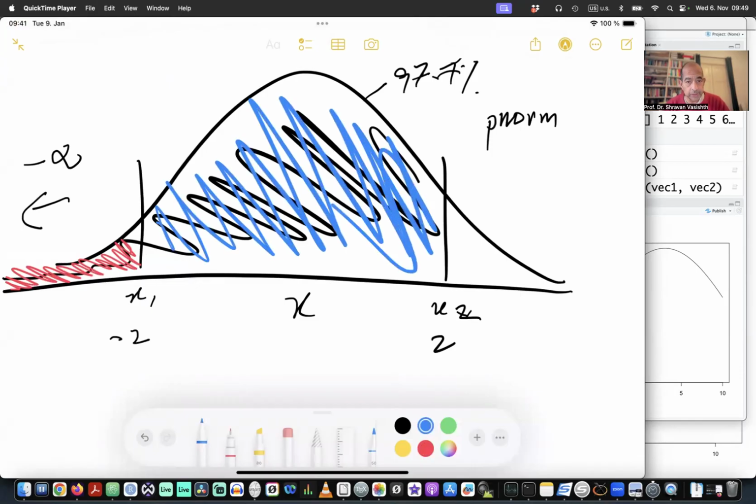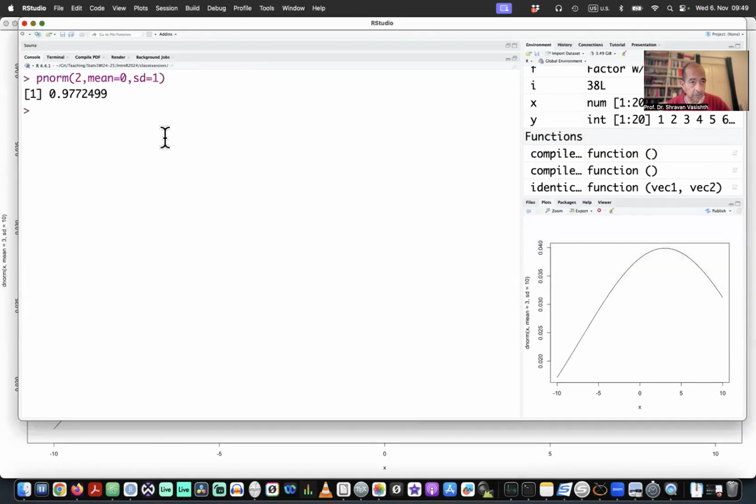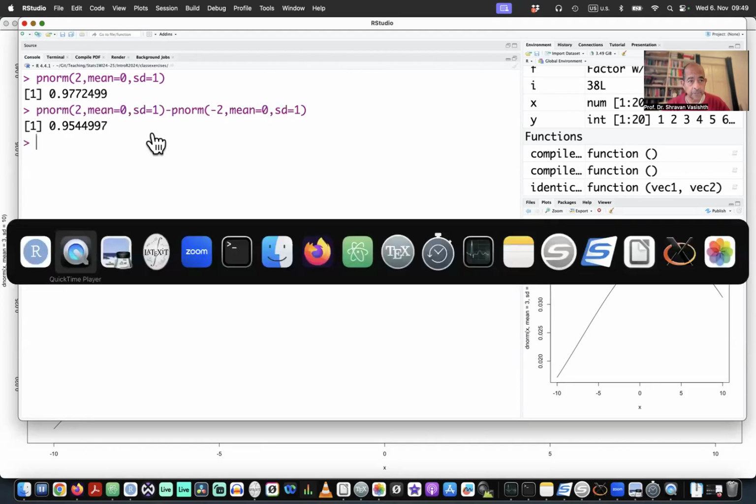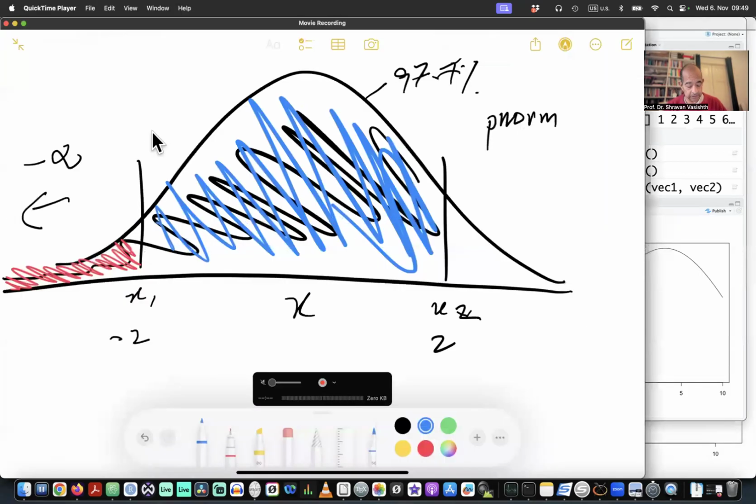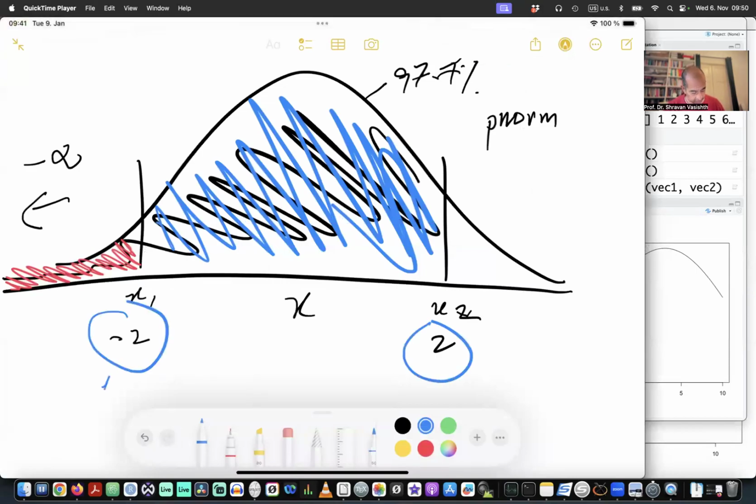So what I'm going to do is compute the area to the left of 2 and subtract from it the area to the left of -2. And that is 95%, like I said, right? That's exactly what I said earlier. That's just a fact about the normal distribution, that the area between -2 and +2, or technically -1.96 and +1.96,